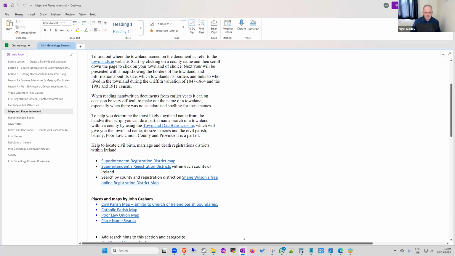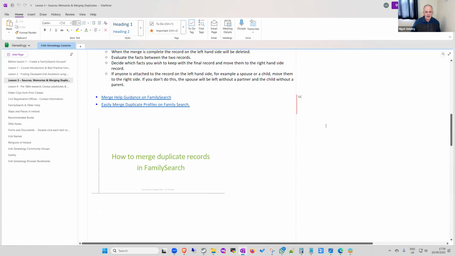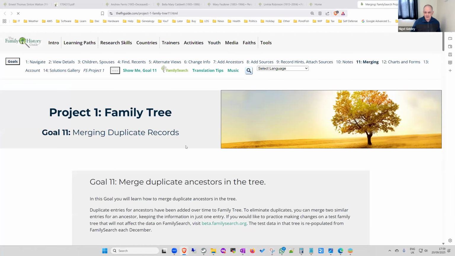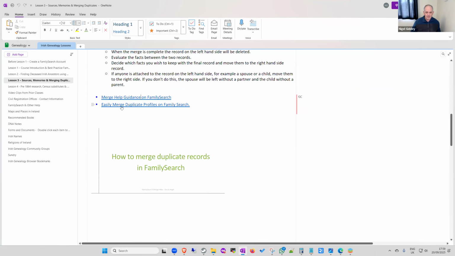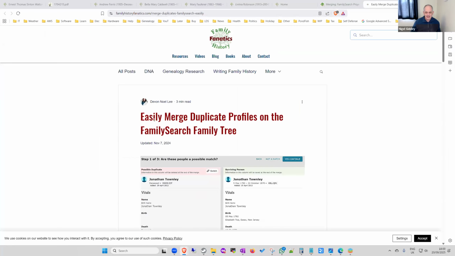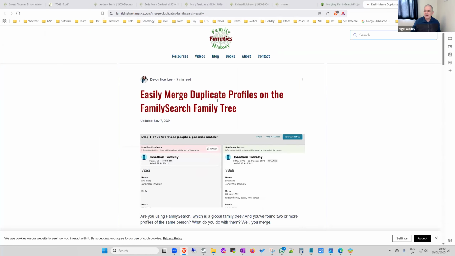So if we go back to our notes over here on lesson 3, and if you go down, we've got merge help guidance on FamilySearch, and it'll take you to the website when it loads. So that's one. This is familyhistoryguide.com. They have a lot of help on how to use FamilySearch Family Tree. You can easily merge duplicates. This is another website, the Family History Fanatics. Now, it's a little bit out of date. As you can see, FamilySearch have changed it, but it'll give you the principle